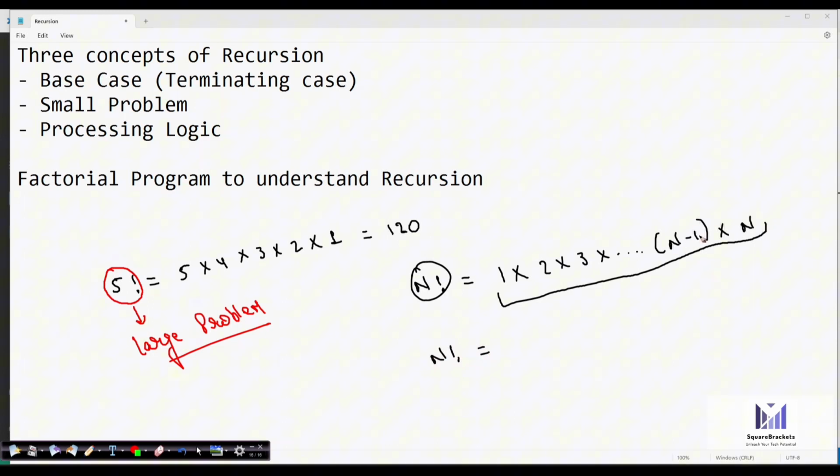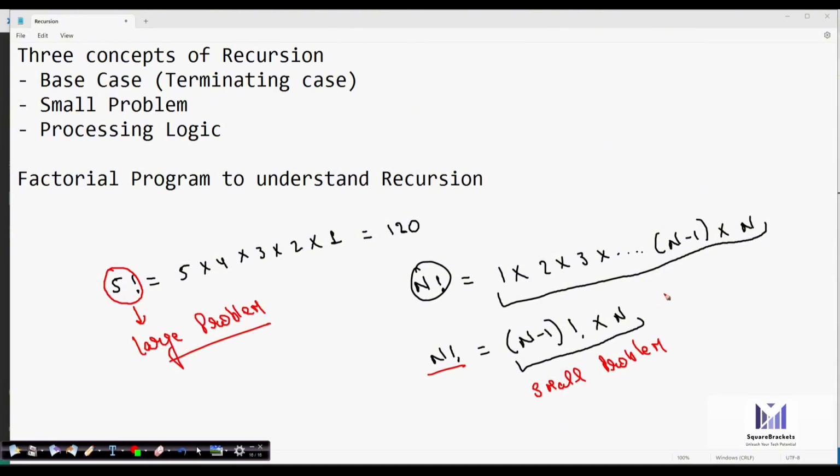If we find the factorial of n minus 1 and multiply it with n, this is the small problem for our large problem. So the large problem was n factorial, and this is the small problem.